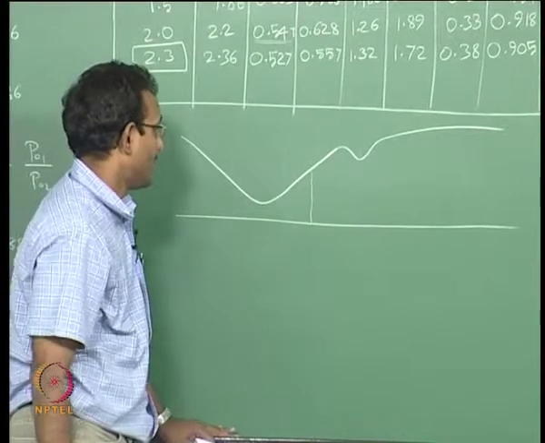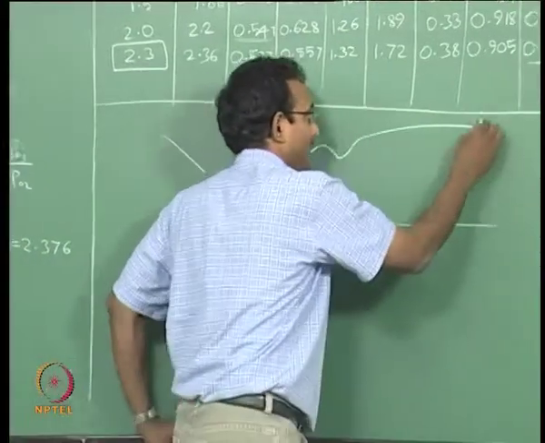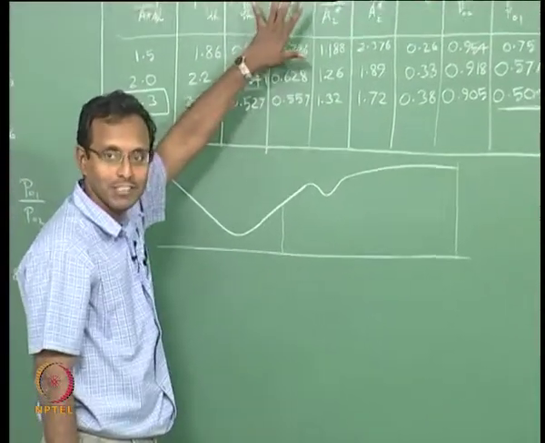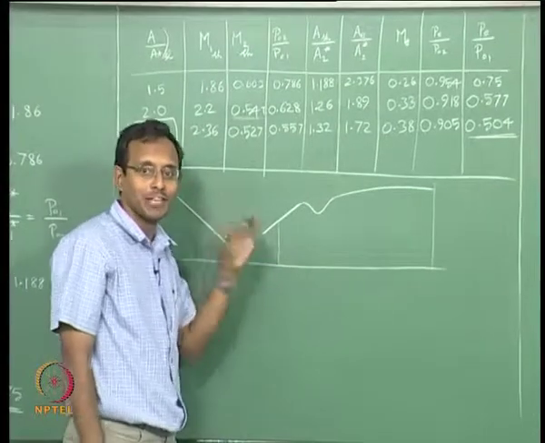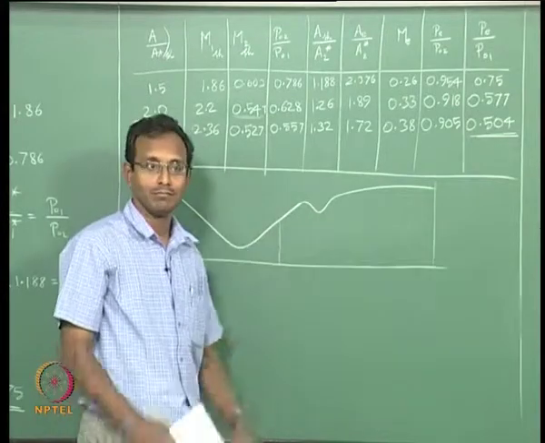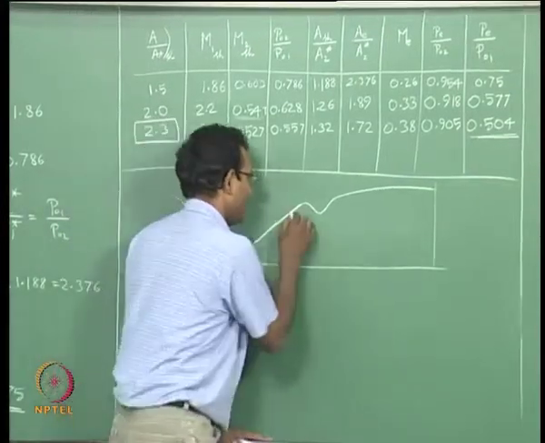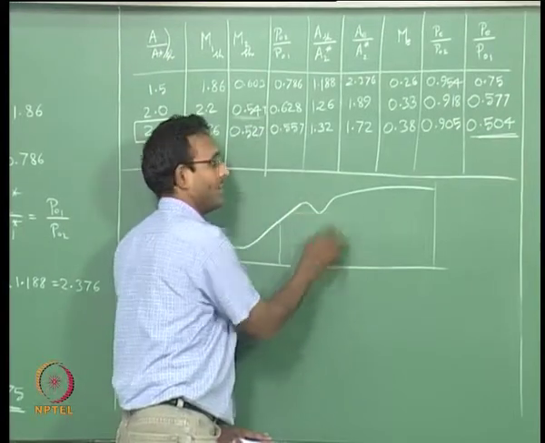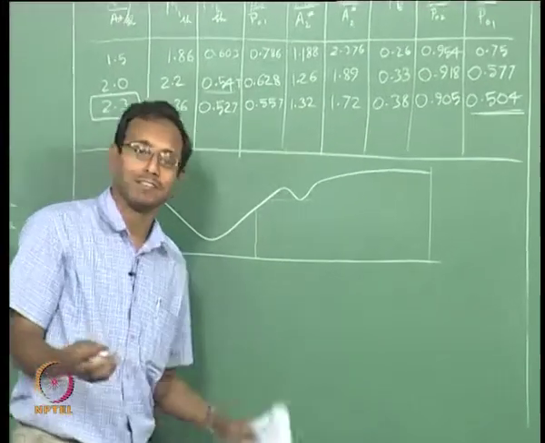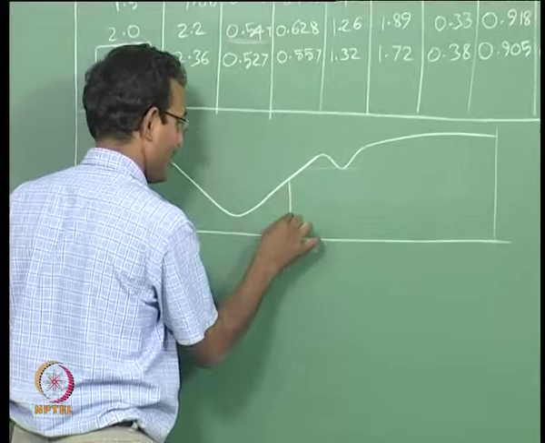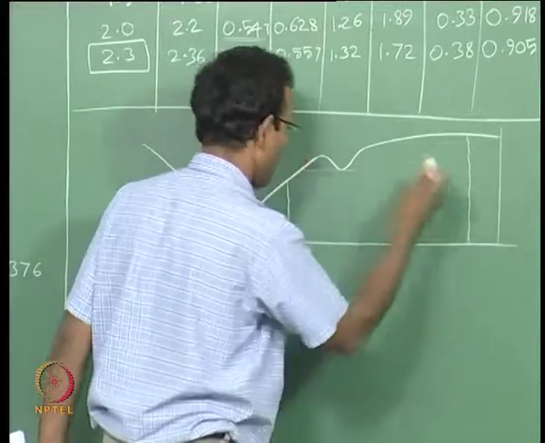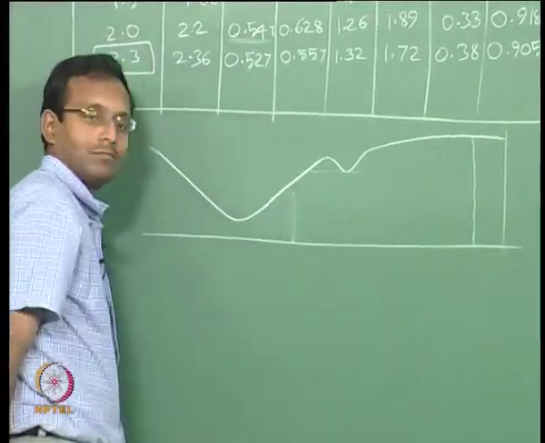Now, for finding the exit conditions, I will follow the exact same procedure as we followed for the single throat nozzle and find the area location at which the shock should be present. The exact same procedure will work, except for this small range of areas where there are multiple locations possible for the shock. That is the only special thing. If my pressure is such that the shock is supposed to be here, it will be here. If my pressure is such that the shock is supposed to be at this big area, it will be here, no problems.